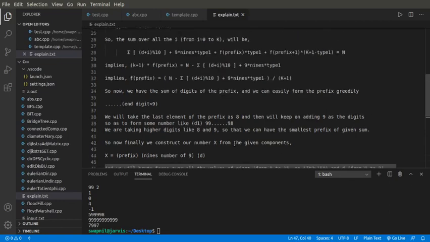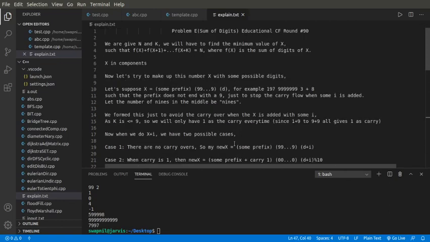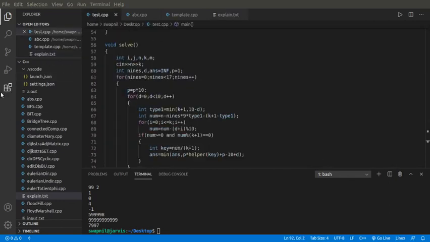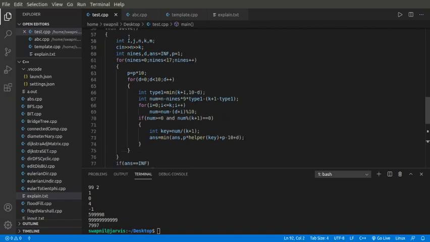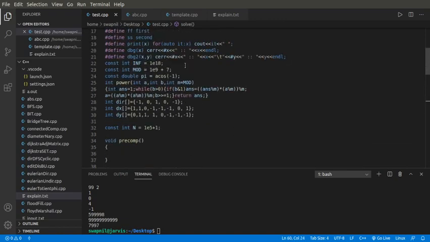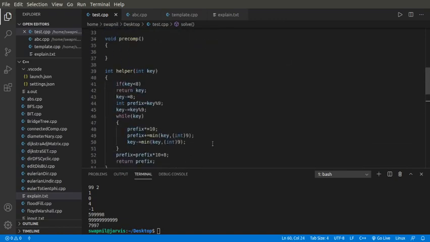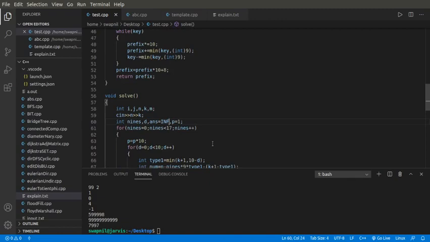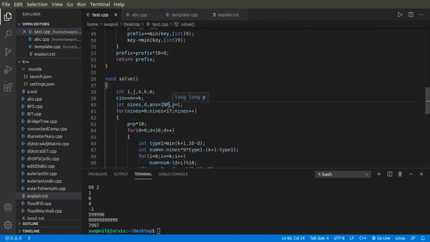Okay, so I'll just show you my code, and I'll discuss the code. I guess it's visible. So first I took input from the user, n and k, and these 9s and d are the variables which I'll loop over. First I have taken answer as infinity, where INF is 1e18, 10 to the power 18, a really high value, and I have taken p equal to 1.